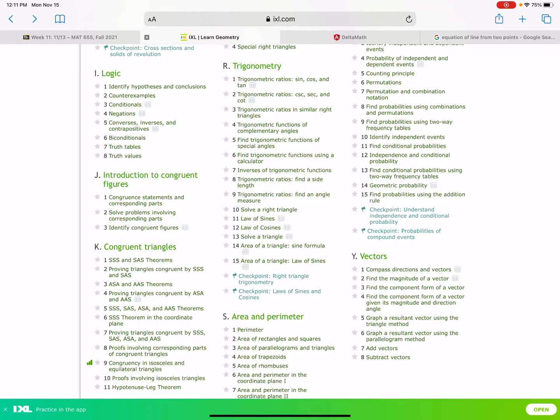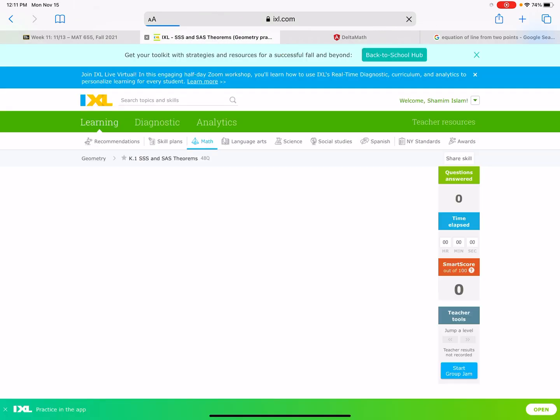This is about today's homework. I just wanted to show you a demonstration. So you log into IXL.com, then come to geometry, congruent triangles, and K. K1 and 2 is your work. So once you come to 1, you'll have to just say